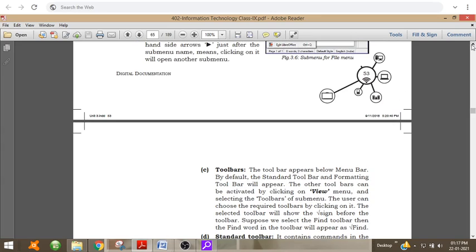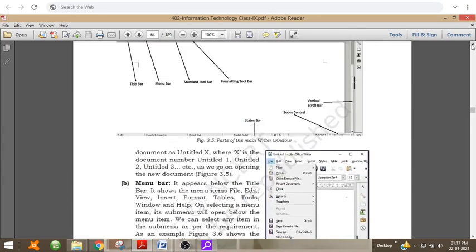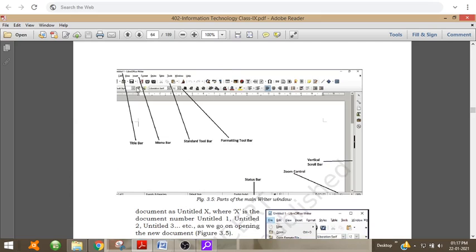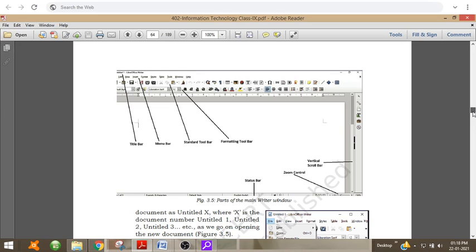It contains commands in the form of icons. So this is the title bar, this is the menu bar, this is the standard toolbar which contains icons. Then the formatting toolbar; with this we can format our text or images, so anything can be formatted.